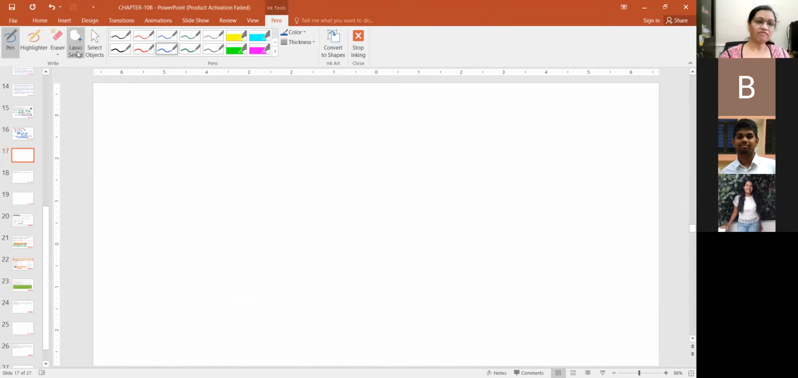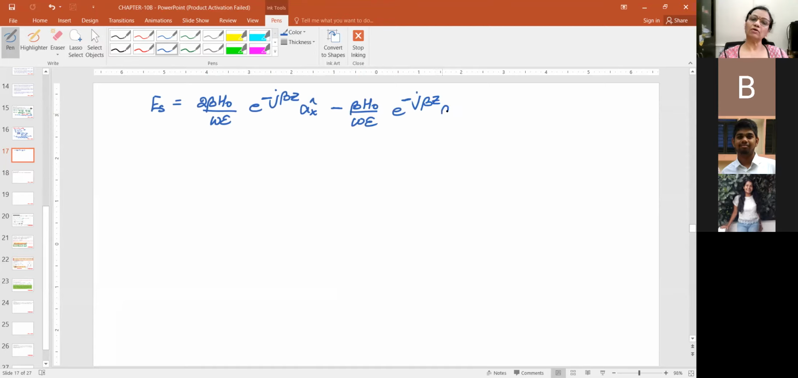So finally what I have got, I will show you. I am getting my ES is going to be equal to 2 beta H naught by omega epsilon e to the power of minus j beta z along the ax cap direction, and then minus beta H naught by omega epsilon e to the power of minus j beta z along the ay cap direction. I've just mathematically simplified it. Once you have got this, don't leave it here. You need to write the harmonic